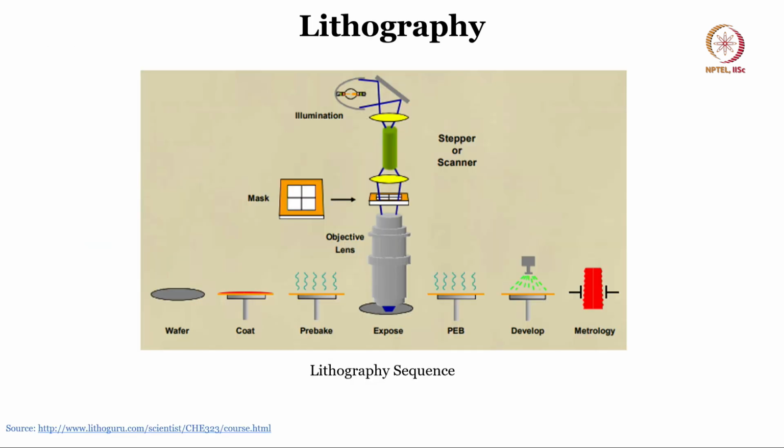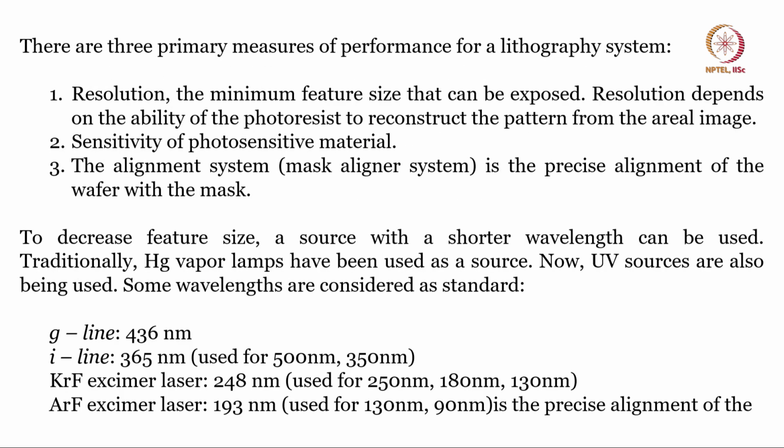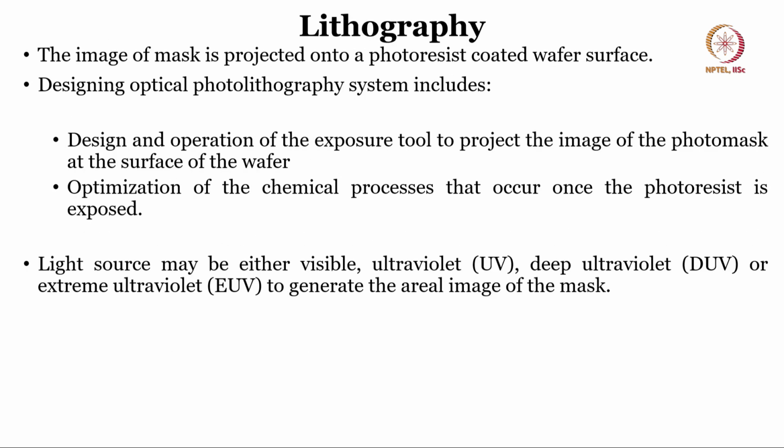In the lithographic process, you start with the wafer, coat the photoresist, pre-bake it, align with the mask, expose it with UV light, then perform the post exposure bake, develop, and then you can look at the patterns. So the image in lithography is nothing but the image of the mask projected onto the photoresist coated surface. This optical photolithography system includes